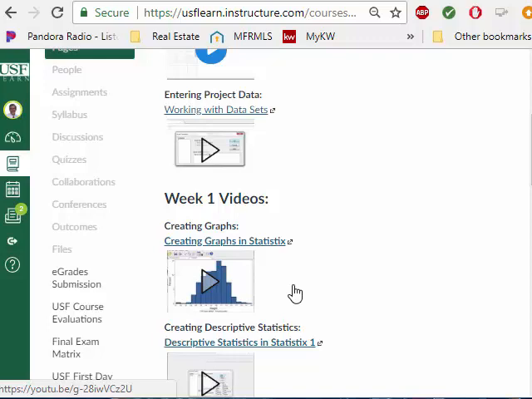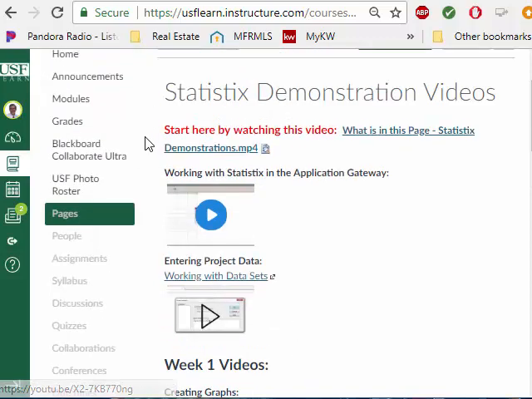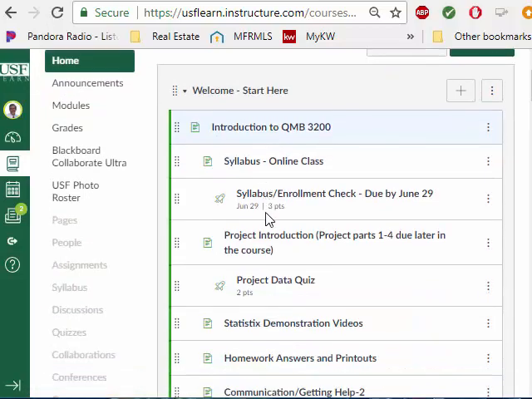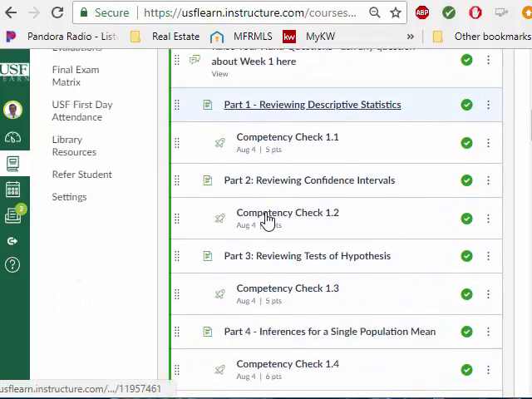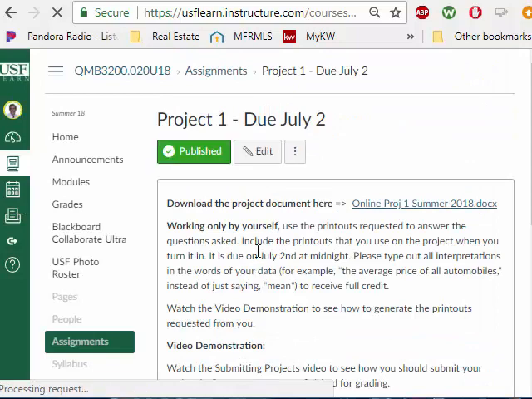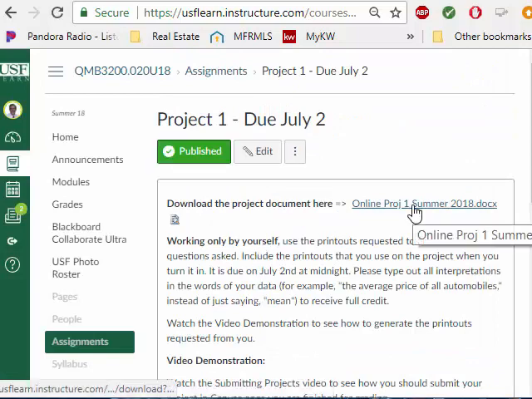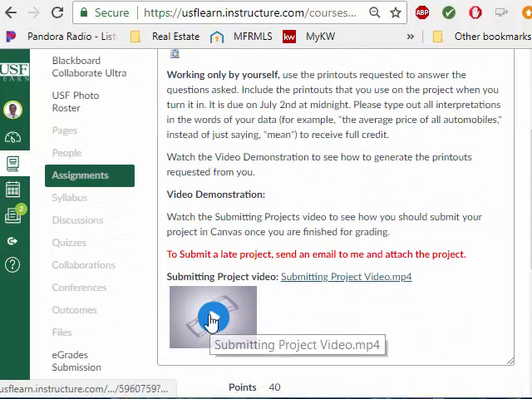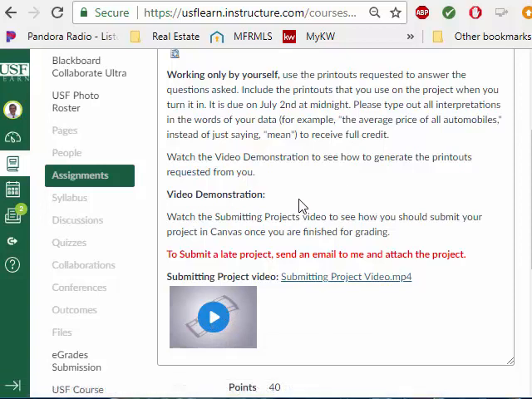Every time I post a project, so let me go back out to the main page here, you're going to see, and I'm still working on some of this stuff. So in week one, when you get down to project one, it's due by July 2nd. I believe that date is correct. There'll be a project that is assigned, and I haven't done the video yet. I know it says that I have a video, but this is just showing you how to submit them in Canvas. I will have a video demonstration here talking a little bit about the project, but then also